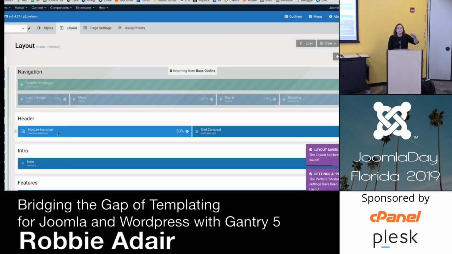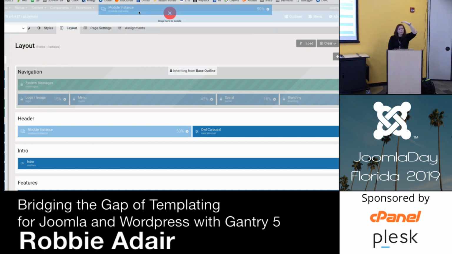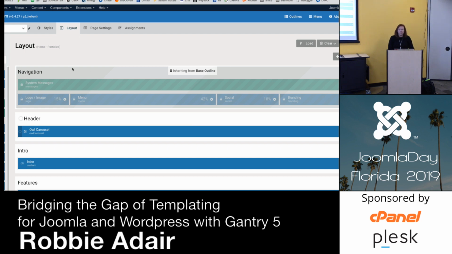And so I just dropped an instance of a particular module, okay? Let's say, and so it takes it off. One of the other things that they did that was very nice is they added undos and redos in here. So that way if you're doing things and you're like, oh, I didn't mean to do that, you can go back several steps. I don't know how many they save exactly, but you can go back many steps.